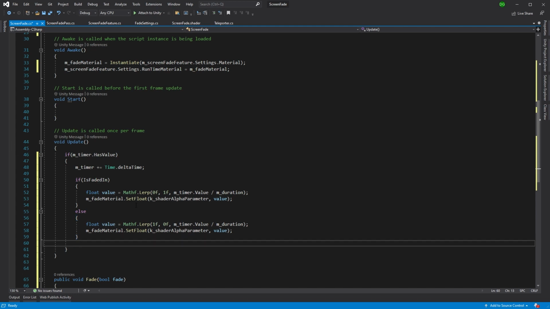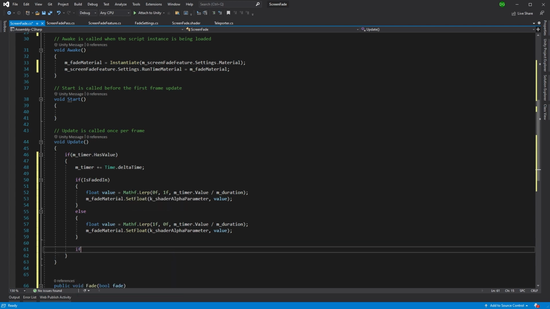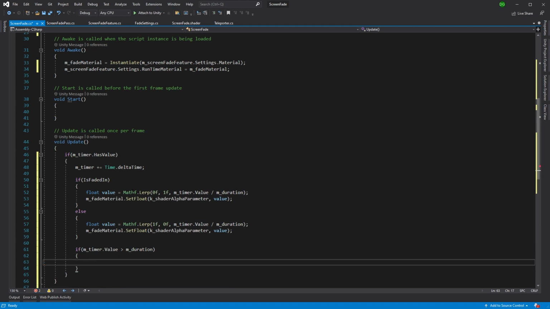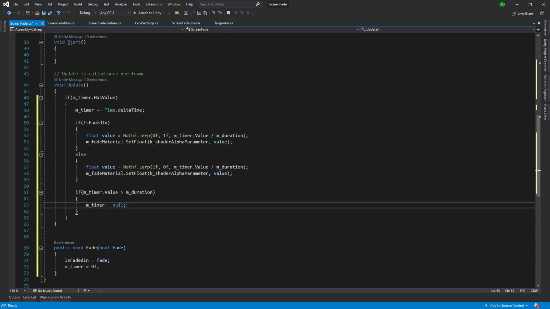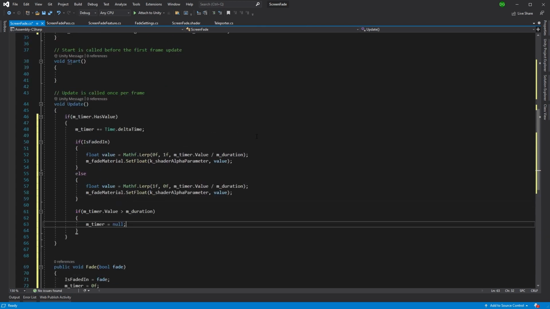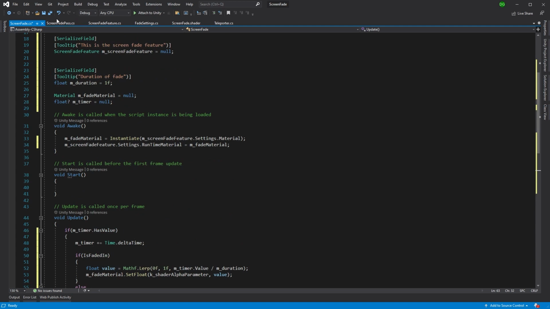Now, the only thing left to do is we don't want to keep the timer going after we've passed the duration, because we will have faded out, and that makes no sense. So we'll go, is the timer value over the duration we're interested in? And if it is, well, that's great. Timer can equal null. There we go. So that is all we need to do to get our fade running. So if we save this and we come back into Unity,